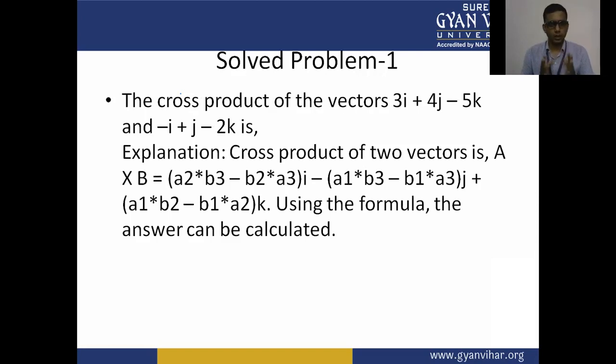Solve problem number 1. The cross product of the vector 3i plus 4j minus 5k and minus i plus j minus 2k is: